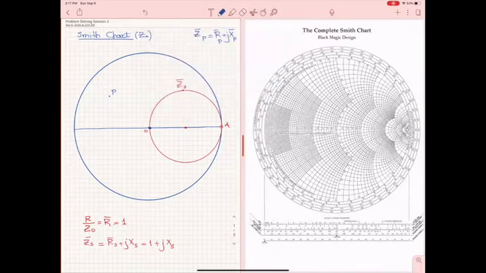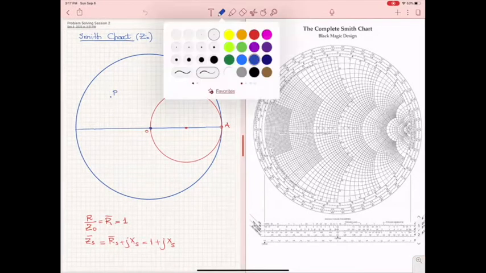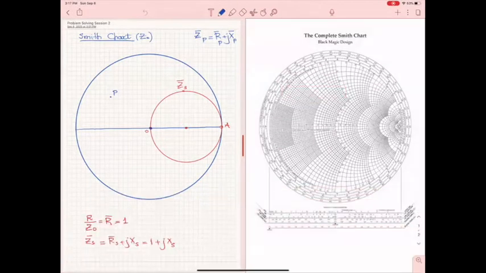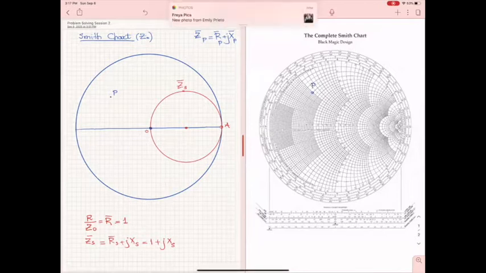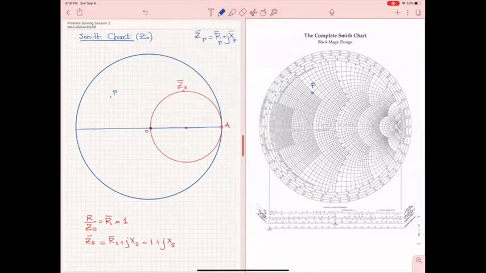then let me go now to the Smith chart. Let's assume that I have a point here. P, my P point is here. Okay, let's assume it's the same point as the other I had there. Now, I want to find the circle that goes through point P and is the circle of the constant normalized real part of the impedance. So I will draw a circle here that goes through P,